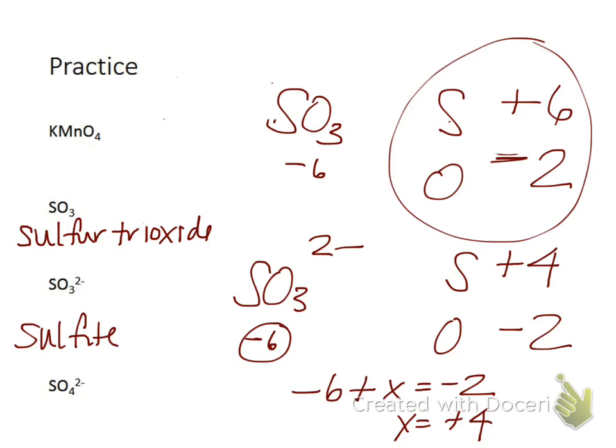Why is it that they add up to 0? They're bonded together differently. This is a polyatomic ion, so it's covalently bonded with the charge. The other one is just a covalent compound. So it's only when it's like with the potassium or the permanganate that we did before, the last one we just did. What about that one? That one we had to add it up so it would equal